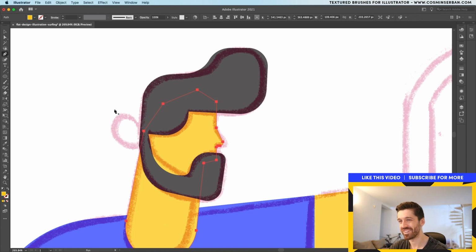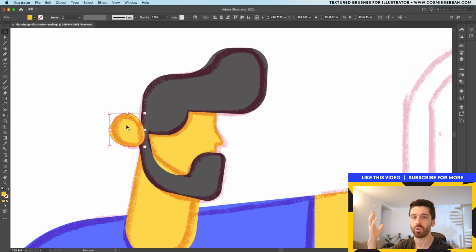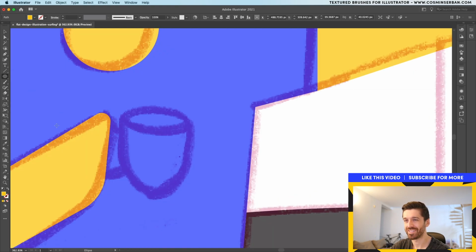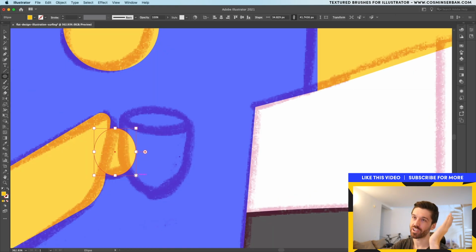For the ear, I'm going to actually use the curvature tool. Create a curve. This is way easier than working with the pen tool if you have paths that are curvy but you don't want to rely on the pen tool to create them. Command left bracket to send it behind. Now of course we do need to create this coffee mug. I'm imagining it to be a coffee mug. It could be something else inside. Coffee should do for now.